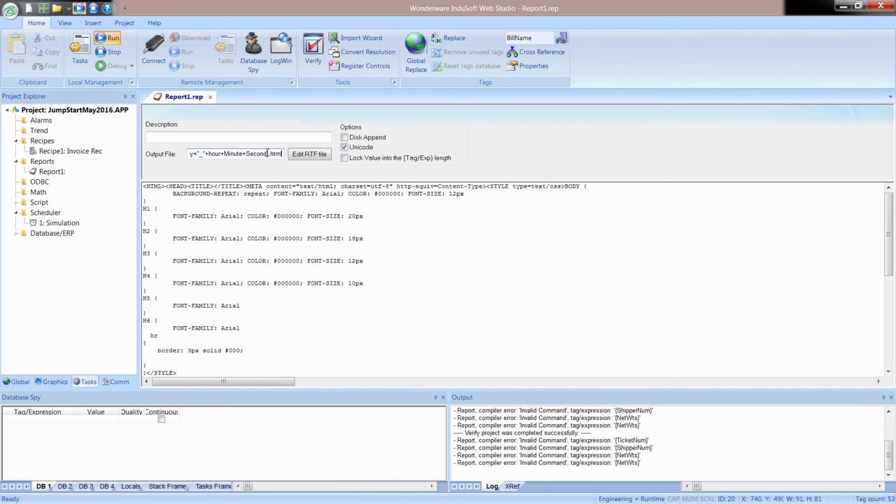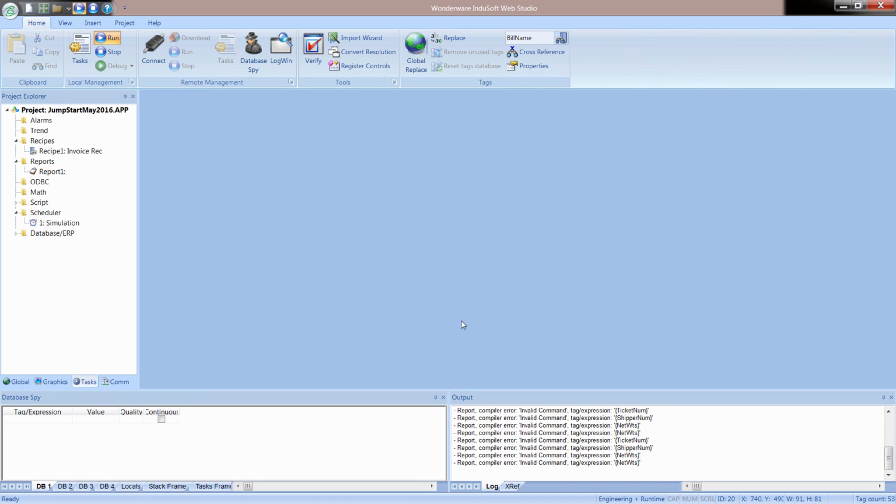Now what this is actually doing is it's taking the bill name, and with the plus sign, I'm appending, in this case inside of quotes, an underscore, and then a plus sign, and I'm appending the system tags year, month, and day, and then another underscore, the hour, the minute, and the second, and then closing that curly bracket .html. So now when I save this, if I run this again,